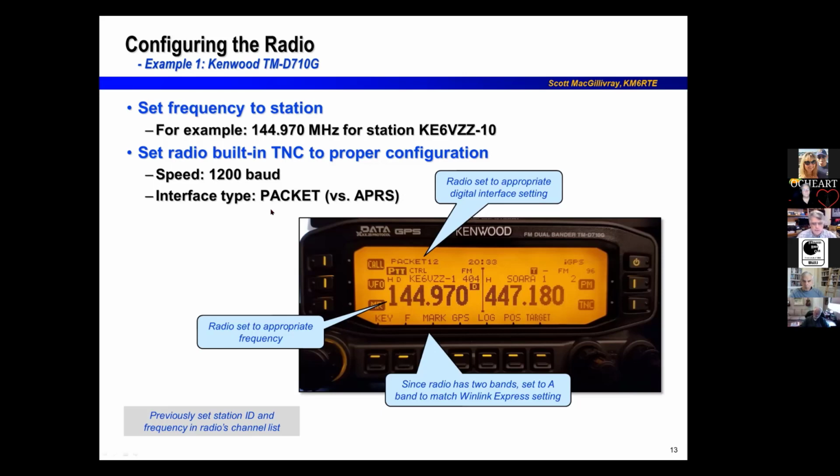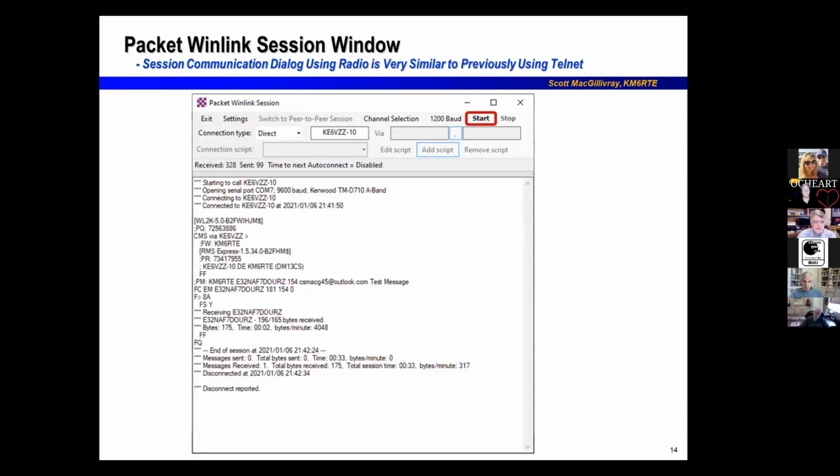Okay, so that basically now the radio is set up. And so then we go back to the packet Winlink session, and I hit start. It basically calls out to that radio, that particular gateway, opening up the COM port. It knows that I'm talking to a Kenwood radio, and it tries to read. You hear it talking, sending out. Oh, you see the bar move that it's transmitting, and voila, it connected to that gateway, and then that gateway